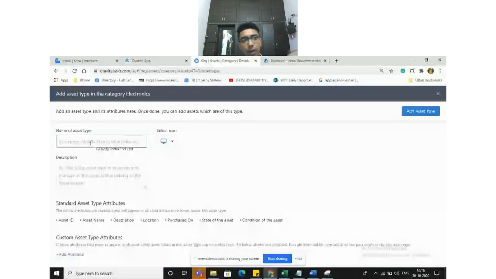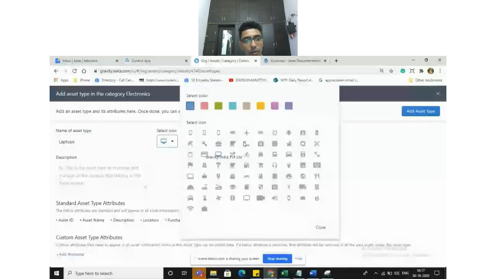Okay, let us add one by one. Laptops, which we regularly use. You can select an icon on the right hand side.